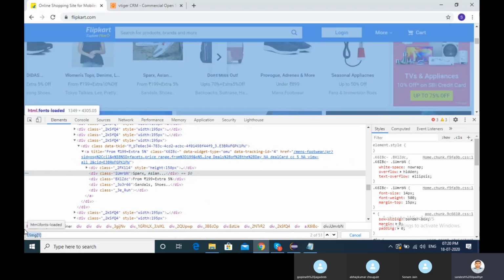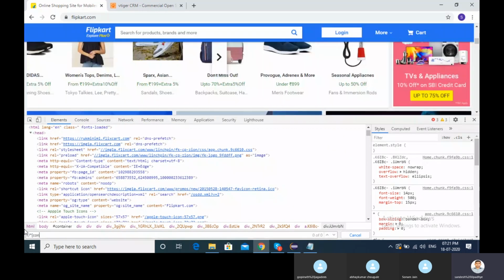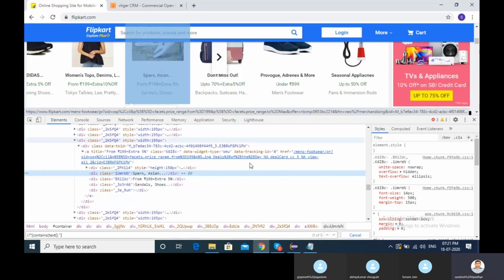So using the content itself, double slash star, contains, text. I'm having some text, Spark and Asian, that I want to find. So with content text you can find it like this.